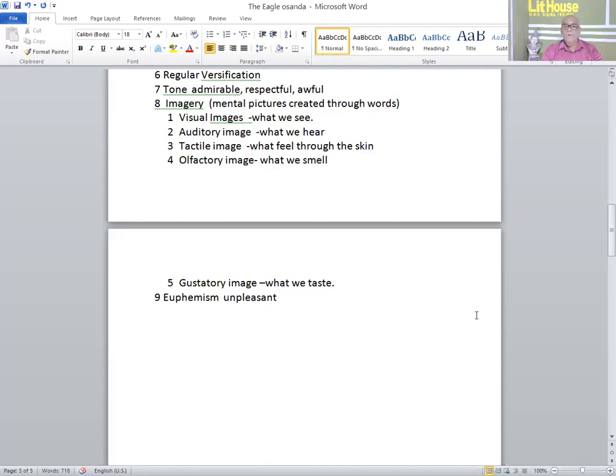In the last line of the poem, the clause "he falls" is a euphemism